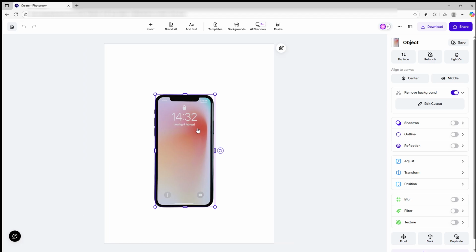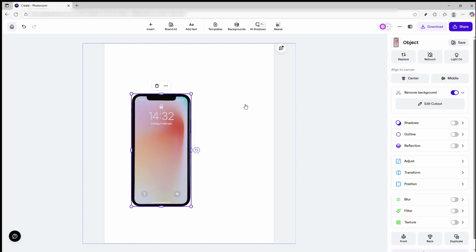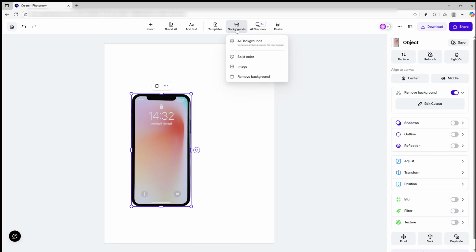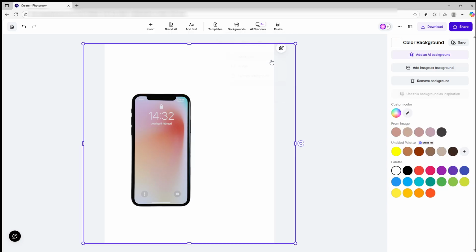Now that you have a beautifully isolated subject, you can move on to experimenting with new backgrounds. Click on the Backgrounds tab to view your options. Photoroom gives you a comprehensive array of choices, suitable for any type of image you might be working with. Whether you're looking for something plain and professional, abstract and artsy, or photorealistic, there's bound to be a background that